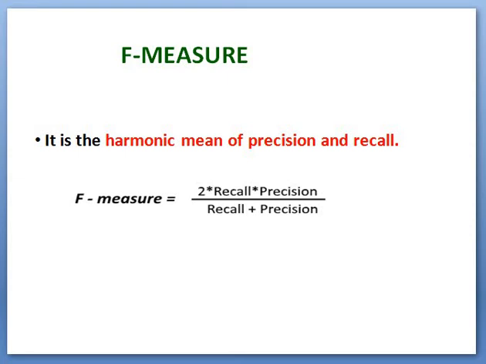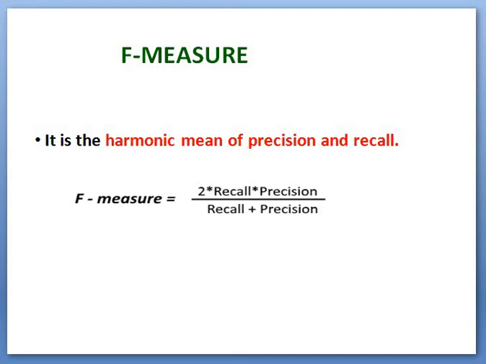Remember what a confusion matrix is. A confusion matrix is a table or matrix-like arrangement which gives importance to actual values as well as predicted values. From this confusion matrix we have 4 categories of data: true positive, true negative, false positive, false negative. True positive and true negative mean correctly classified as positive class and correctly classified as negative class. False positive and false negative mean incorrectly classified as positive class and incorrectly classified as negative class. So these are the values which come in the confusion matrix.